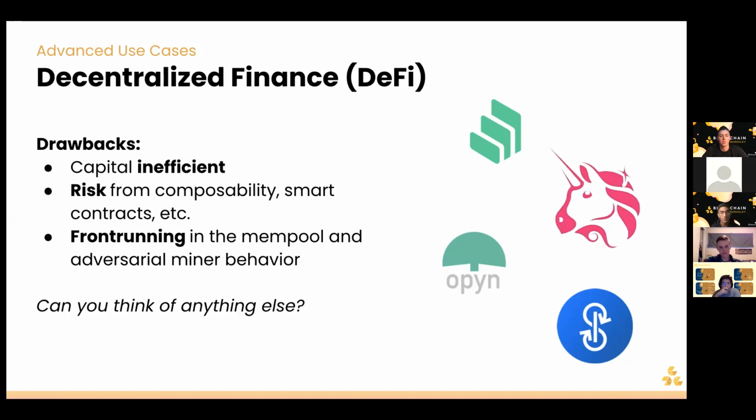There also is risk from composability in smart contracts. For example, if I wanted to build an application on top of Compound, I could do that. I could literally call the Compound smart contract and build on top of it. And that's very encouraged in this space. But if Compound goes down, so does my application. The benefit to this is that